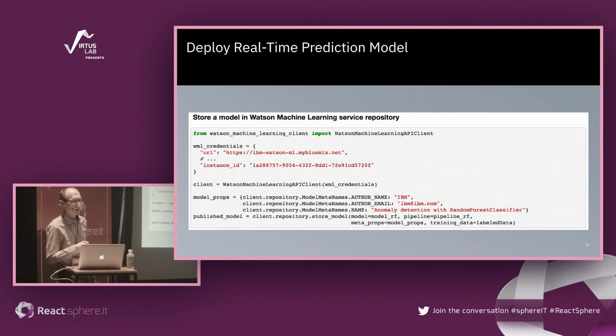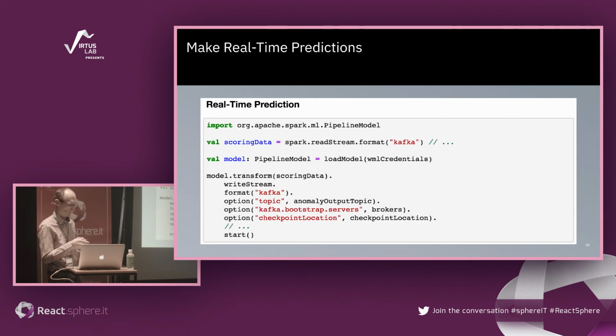Then we can save this model, of course, in the Watson machine learning service or anywhere else, and use this model for making predictions. And I don't know if you see it, but in Spark, all the scoring is done with this single line of code for streaming data. That's quite new, because for previous streaming it wasn't so easy. For batch it is, but now you can play with your streaming data in exactly the same manner as with batch data. So machine learning transformations are supported in exactly the same way. Okay, and as a result, we have our data on another Kafka topic with